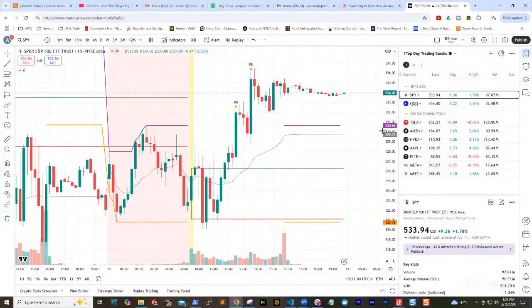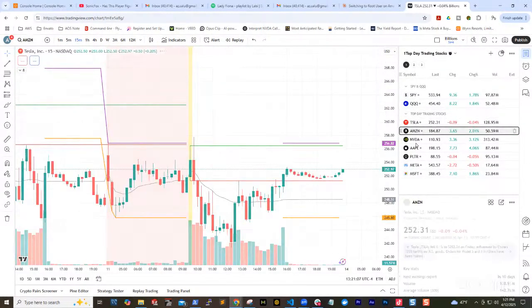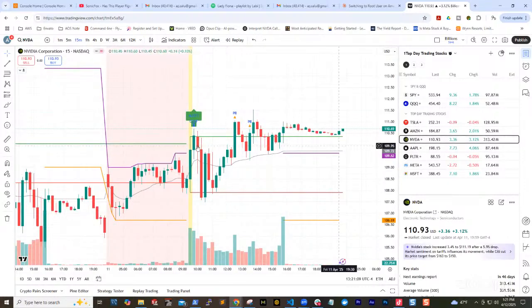So I never got it yesterday on any of this because of the market, so it will look like this. So I'll get it here. I'll get an alert here, right? So at this particular time, it wants to do what I want it to do, right? It wants to go up, but again, it's just market sentiment. This is the one I lost money on yesterday, because as soon as I got that alert, I bought it, right?